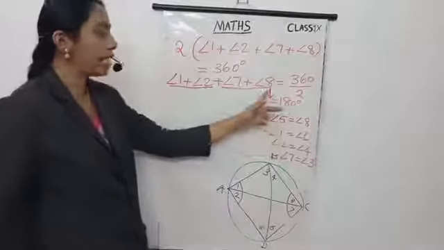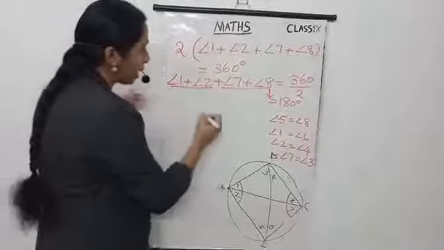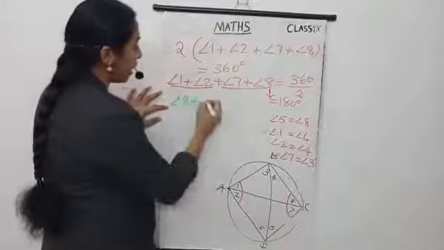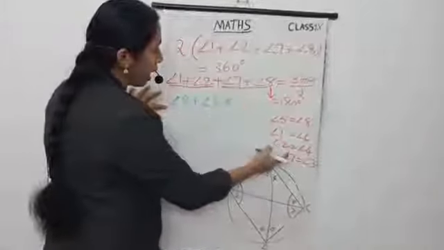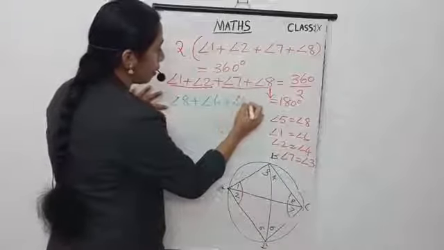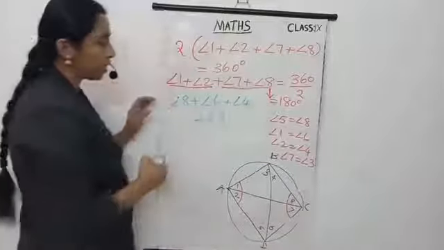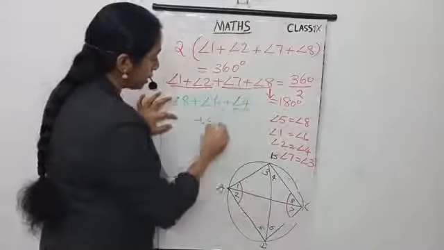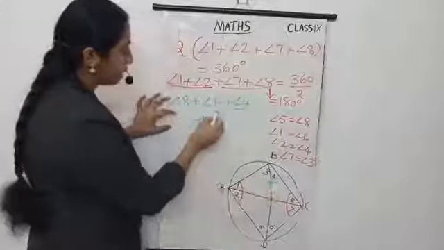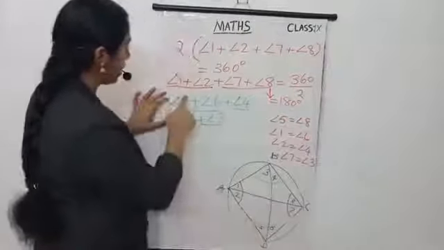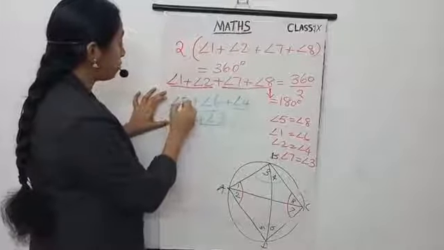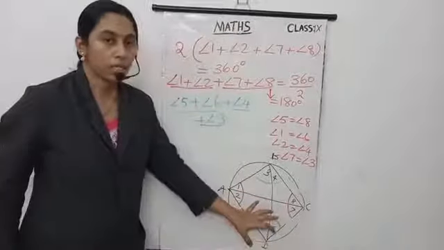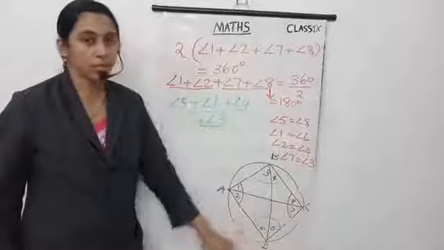Angle 5 equals angle 8. So substitute angle 5 as angle 8, angle 6 as angle 1, angle 4 as angle 2 and angle 3 as angle 7. Then also we get angle 3 plus angle 4, and at the place of angle 8 we have angle 5, so angle 5 plus angle 6. These opposite angles also sum to 180 degrees, hence the proof.